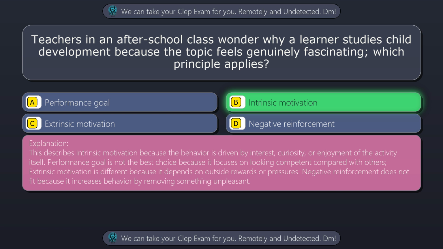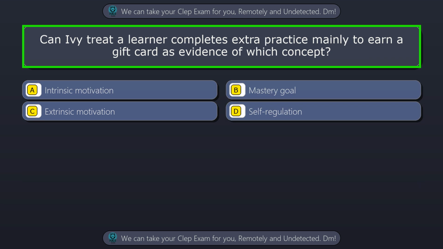Performance goal is not the best choice because it focuses on looking competent compared with others. Extrinsic motivation is different because it depends on outside rewards or pressures. Negative reinforcement does not fit because it increases behavior by removing something unpleasant. Question 27. Can Ivy treat a learner completes extra practice mainly to earn a gift card as evidence of which